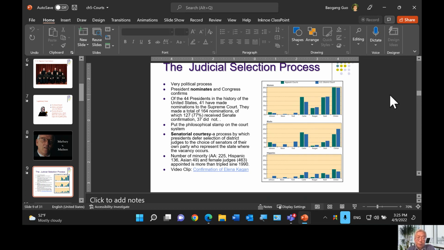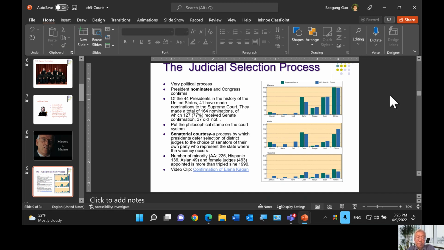Now, with regard to the nomination and confirmation of local judges, the judges serving on appellate courts or district courts also have to be nominated by the president.